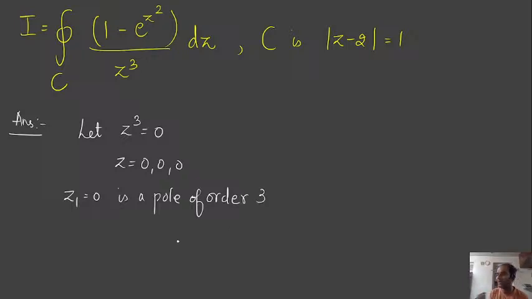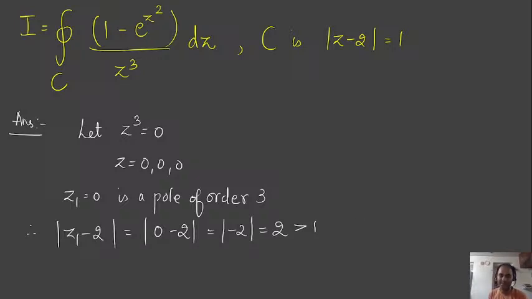Now to check whether it is lying inside the circle or not, you just have to check mod of z1 minus 2. When you check, it is 0 minus 2, and the mod of minus 2 is going to give you 2, and 2 is greater than 1,